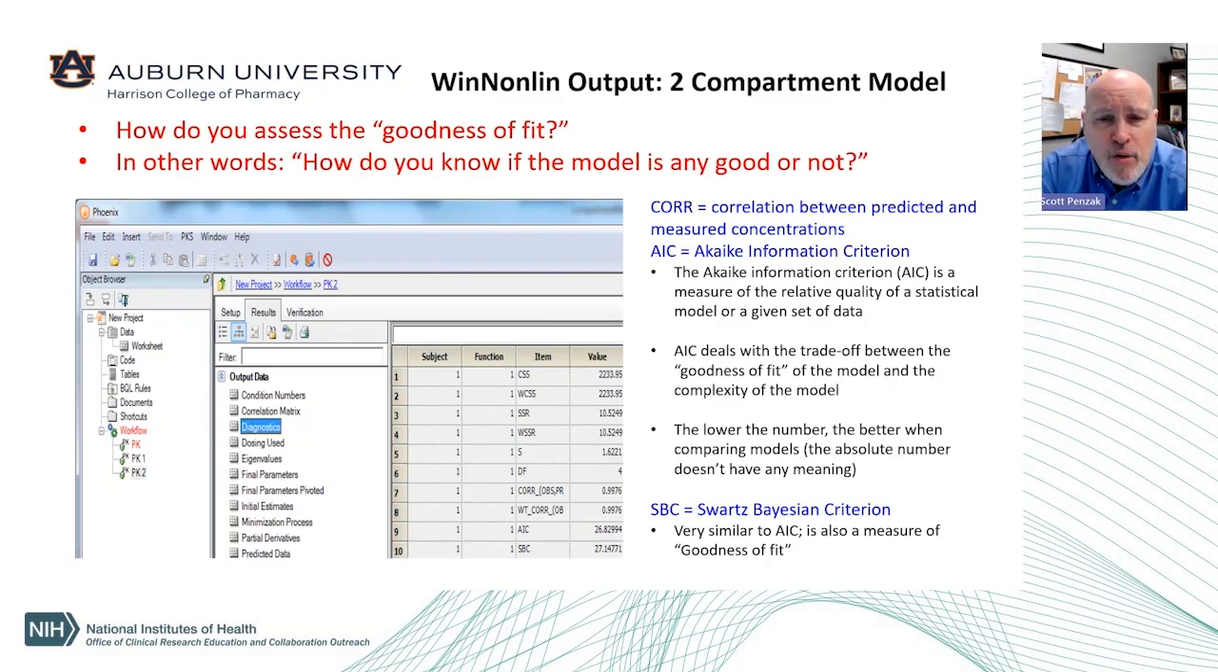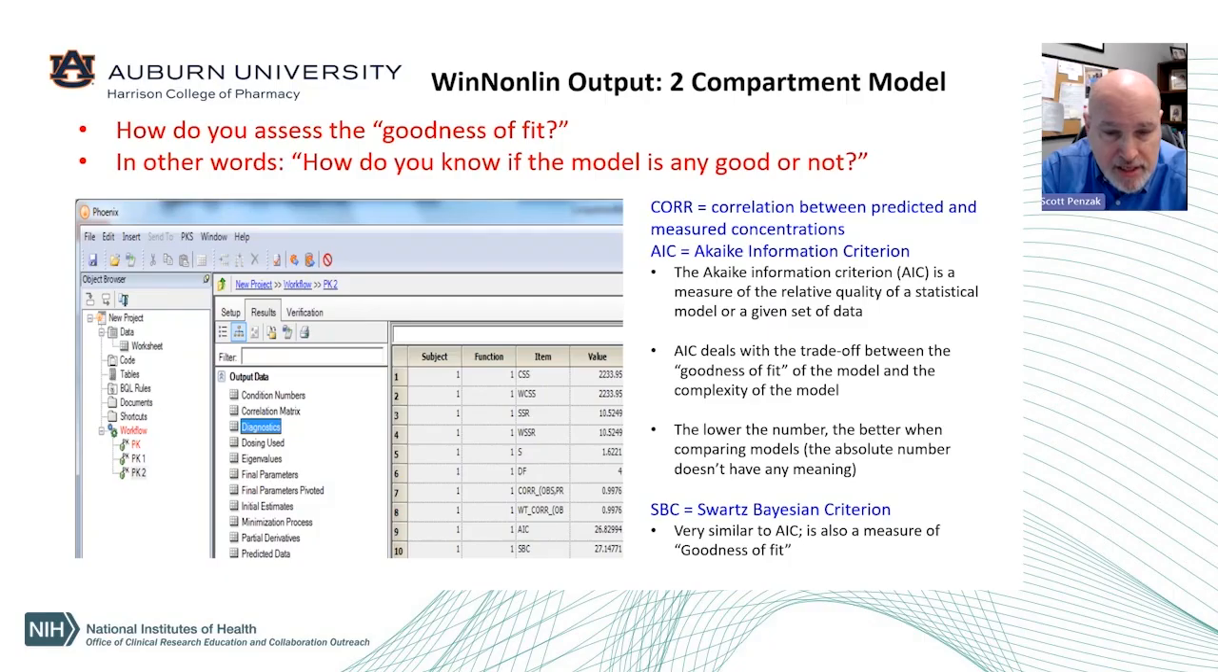That being said, the lower the AIC, the lower the number, the better when comparing two different models. Now, the absolute number doesn't have any meaning. You could be looking at one study comparing models, and maybe AIC is in the hundreds. You can look at another study that's comparing two different models. The AIC may be in the 20s and 30s or the teens, and you can't compare that AIC number between different studies. It's really only valid when you have the same data set that you're using to compare different